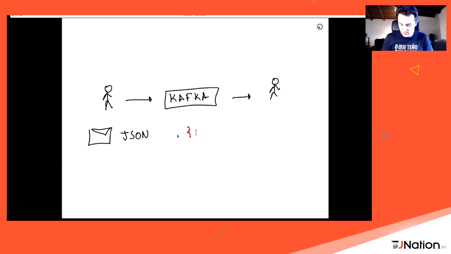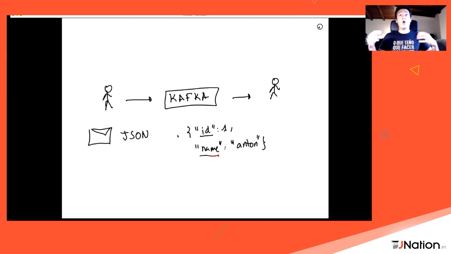With JSON you have something like ID: 1, name: Tom, and this is not efficient because you are sending a lot of extra characters, which a machine really doesn't need to understand the data. You are even sending the keys, which are always the same in each message.